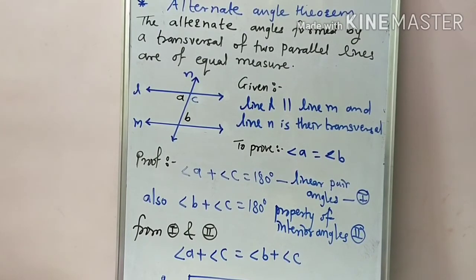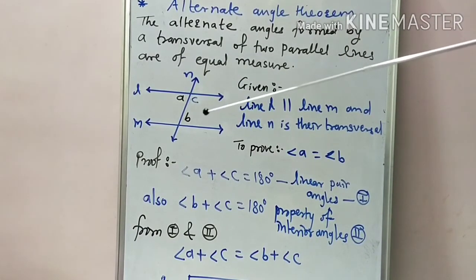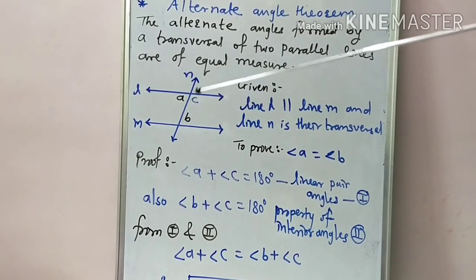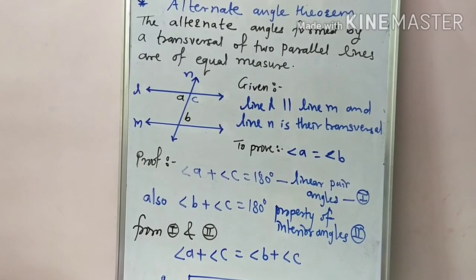So here we learned about three properties of parallel lines and their transversal. If lines are parallel and there is a transversal, then the interior pair of angles are supplementary, a pair of corresponding angles are congruent, and a pair of alternate angles is also congruent. And now using these theorems we have to solve practice set 2.1, which we will take in our next lecture.